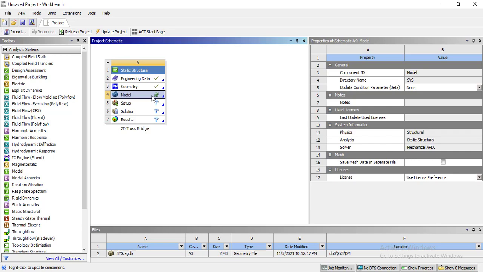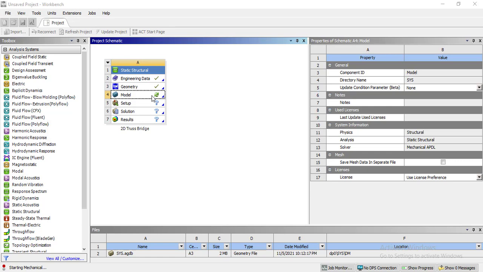Now double click on the model tab to start the ANSYS mechanical module. The ANSYS mechanical module is used to define three things: the mesh, conditions, and the results that we want to obtain through this simulation.